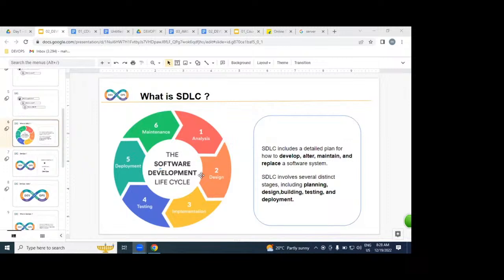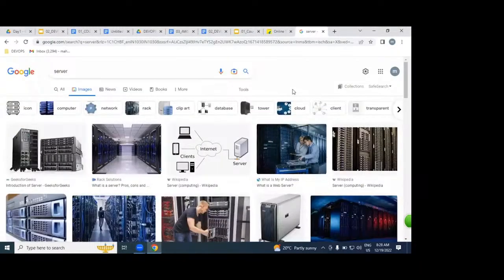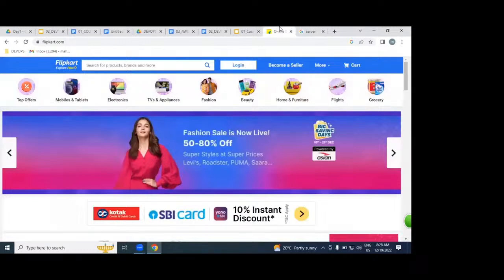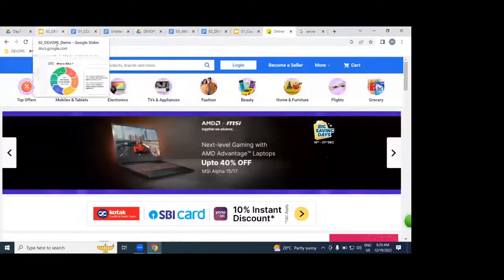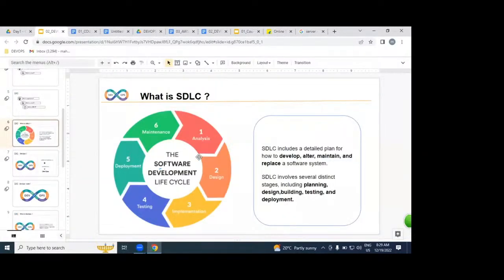By the end of this SDLC, we are able to produce software. The software is placed on the server side, then we access it as an application. Understood very clearly. In SDLC, we have several stages and several phases.